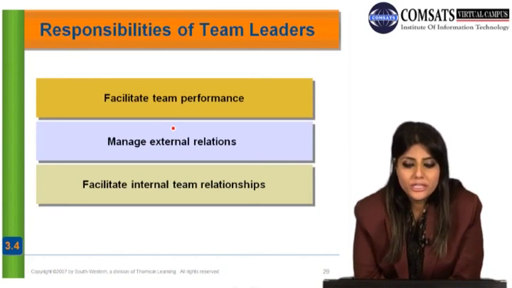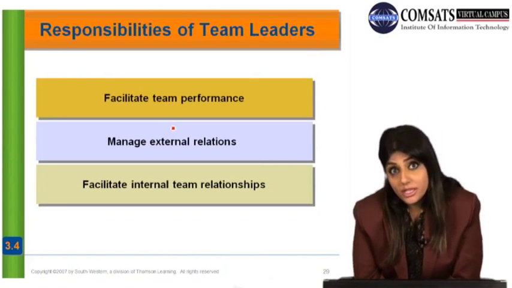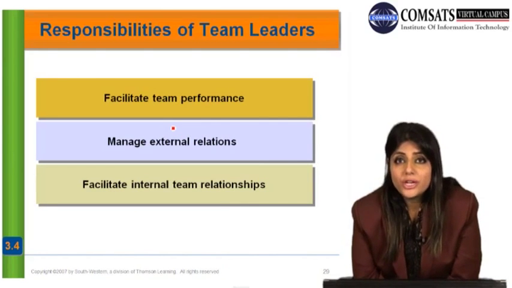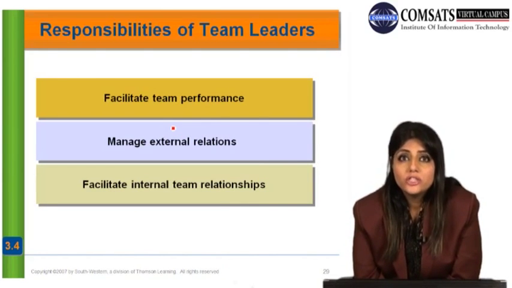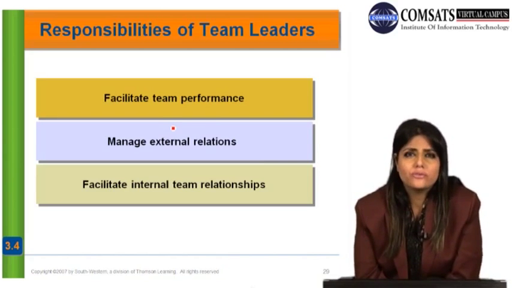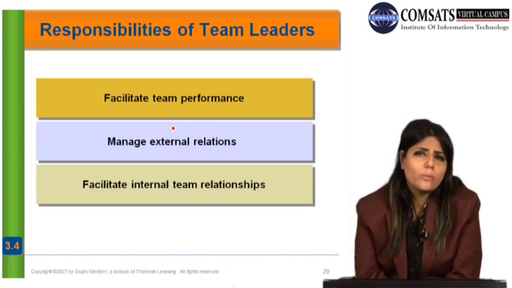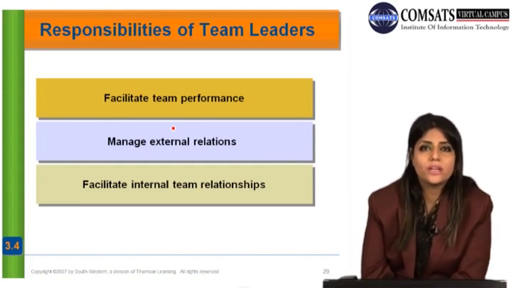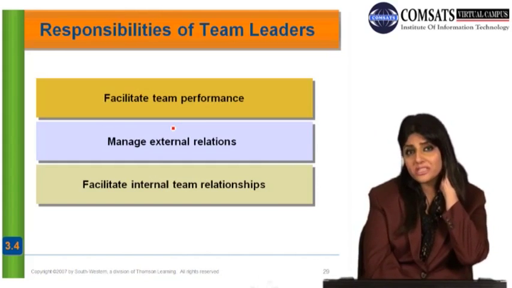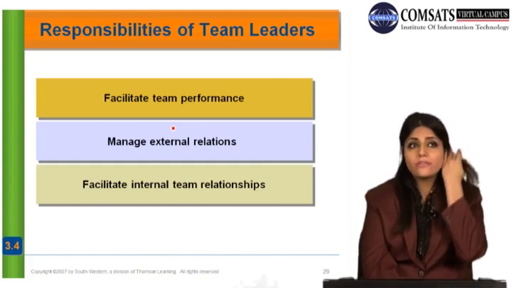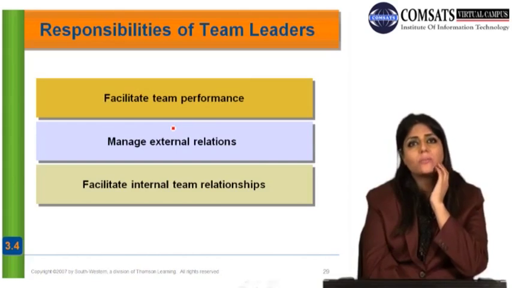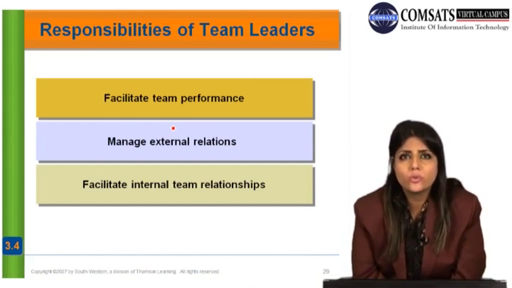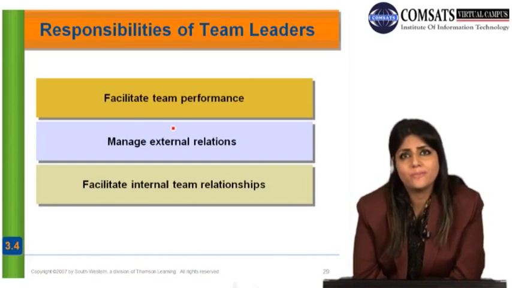Then we have the responsibilities of team leaders. Team leaders is the lowest level. So we need to differentiate between the responsibilities of the team leader and that of the first line manager. We see that the first line manager is normally also responsible for the management of human resources, that is about their hiring and firing decisions, about their performance appraisals, about their compensation management, right, and about their retention, about their trainings and stuff like that. But on the other hand, the team leader is mainly responsible for facilitating the team,